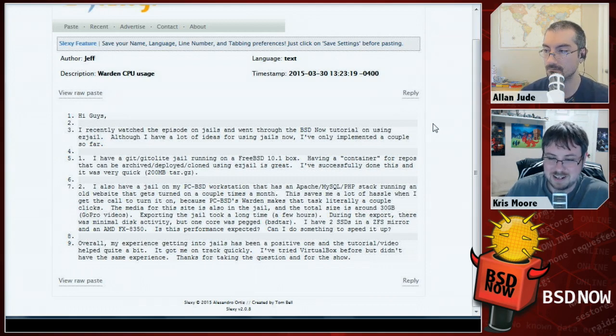If it's a lot of compressible stuff like websites and HTML files and whatnot, sure, those have a very good compression ratio, but even uncompressed, they're usually not that big. It's not that big a deal. So anyway, we sent him the details on how to do that, and that would be one way definitely to work around it. Another one is maybe having a separate ZFS data set for the GoPro videos,